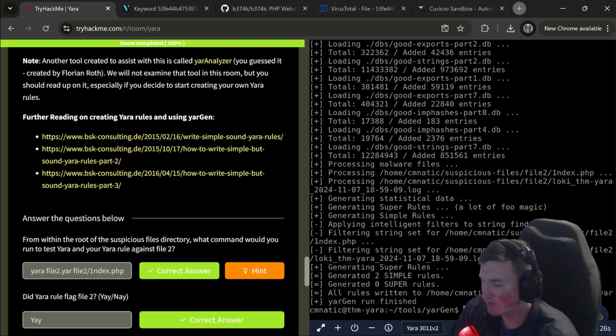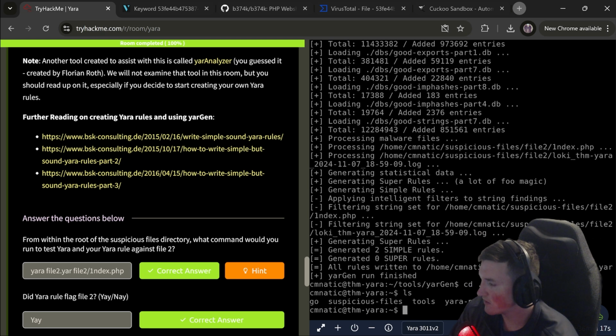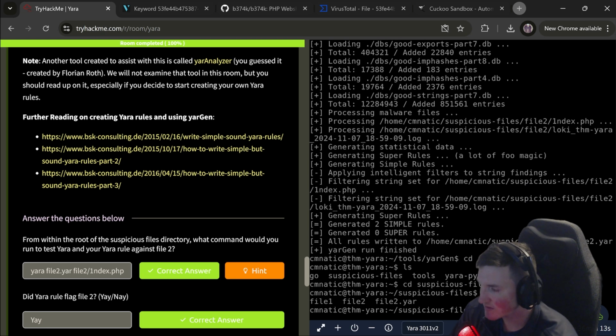So what we're going to do, we're going to say yara file2. Well, we've got to go to the directory, right? Suspicious files. file2.yar right there. So we say yara file2.yar.